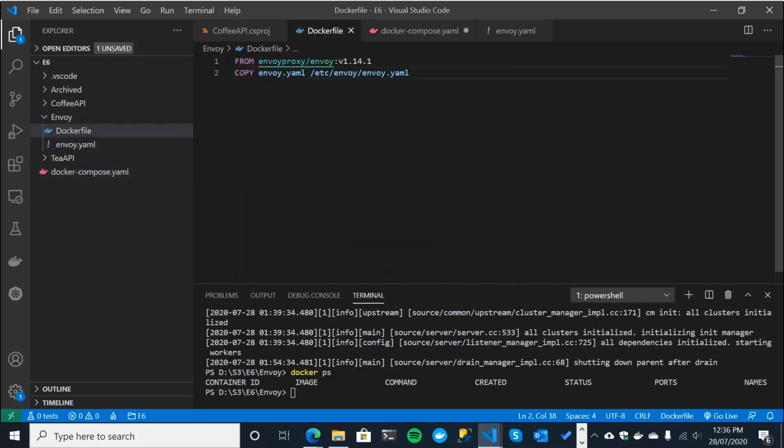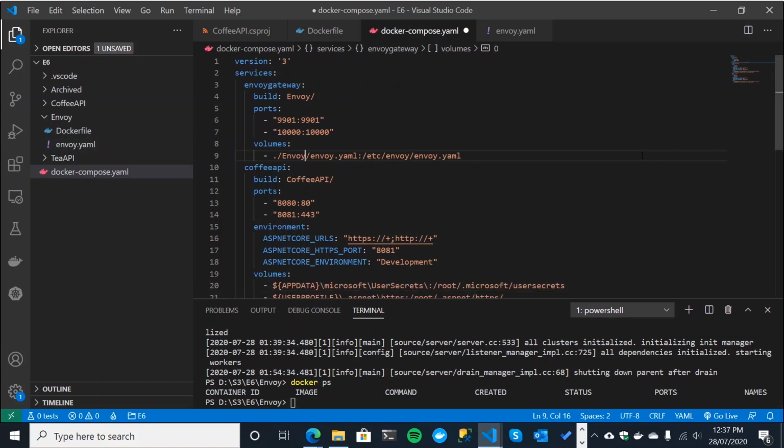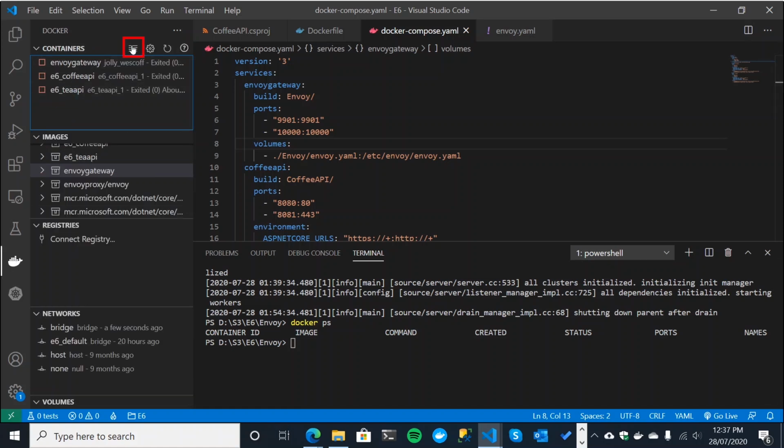Now what we can do is comment this out with a pound sign. So all our Docker file contains is the name of the image that we want, and we could move that into here if you want. If you want to do that, feel free. I'm just leaving my Docker file there. All right, so I think that's all we need to do to move it into Docker Compose. Let's run it up and we'll see how we get on. So I'm going to move over here. I'm going to kill all these.